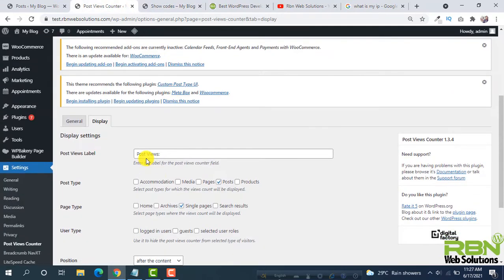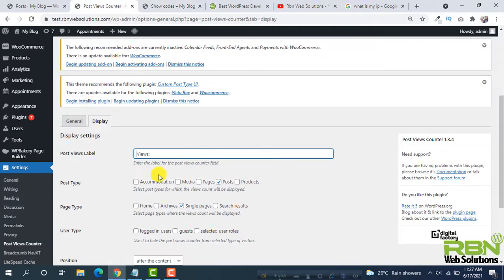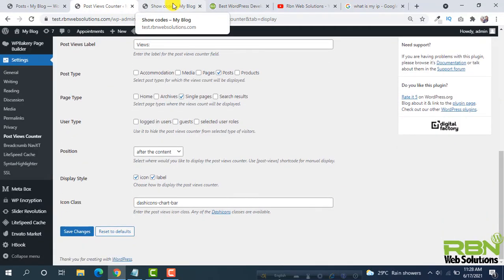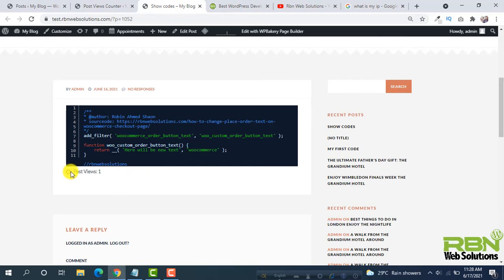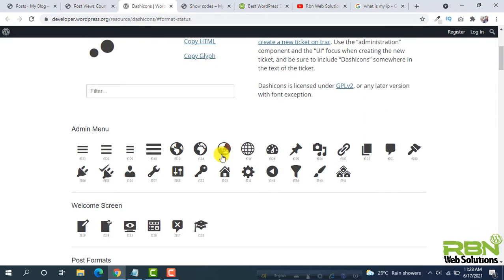You can change the post view label, I mean this label, Post Views, suppose Views. Then if you want to change this icon, you can see the icon here. Then you can change the icon, suppose dash icon you have to select, then click there and select any icon.